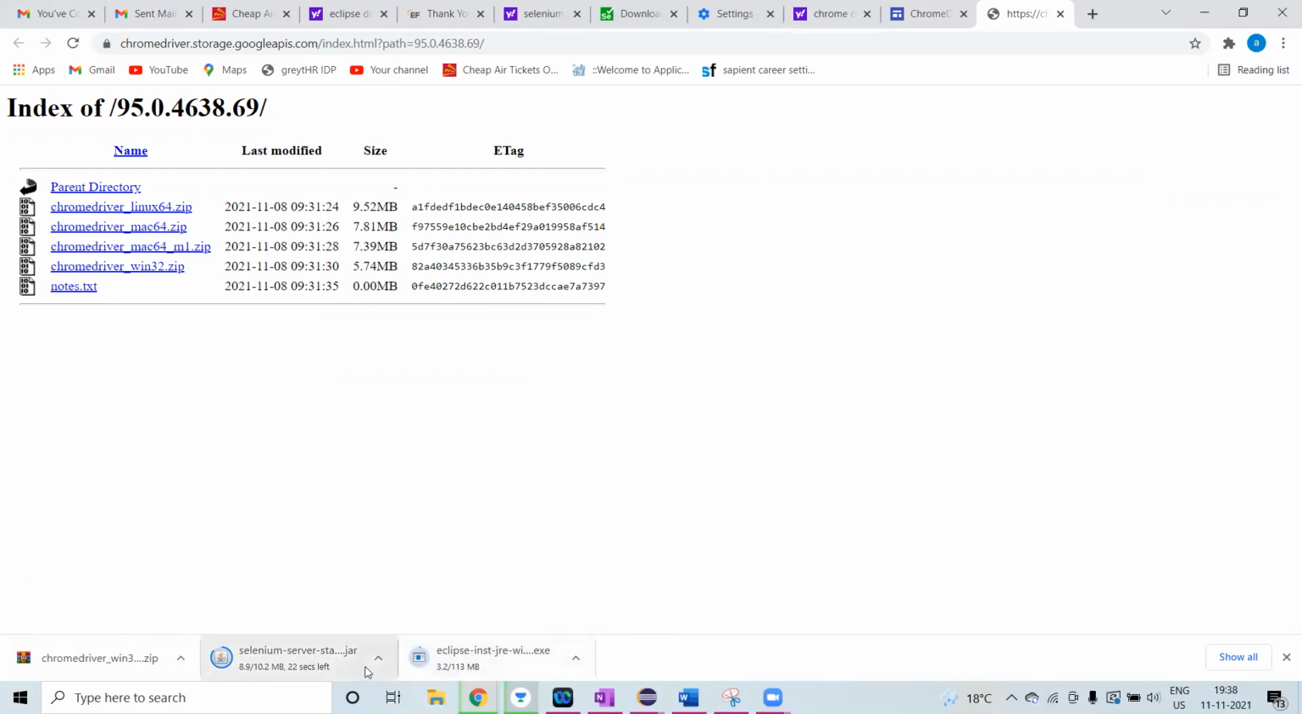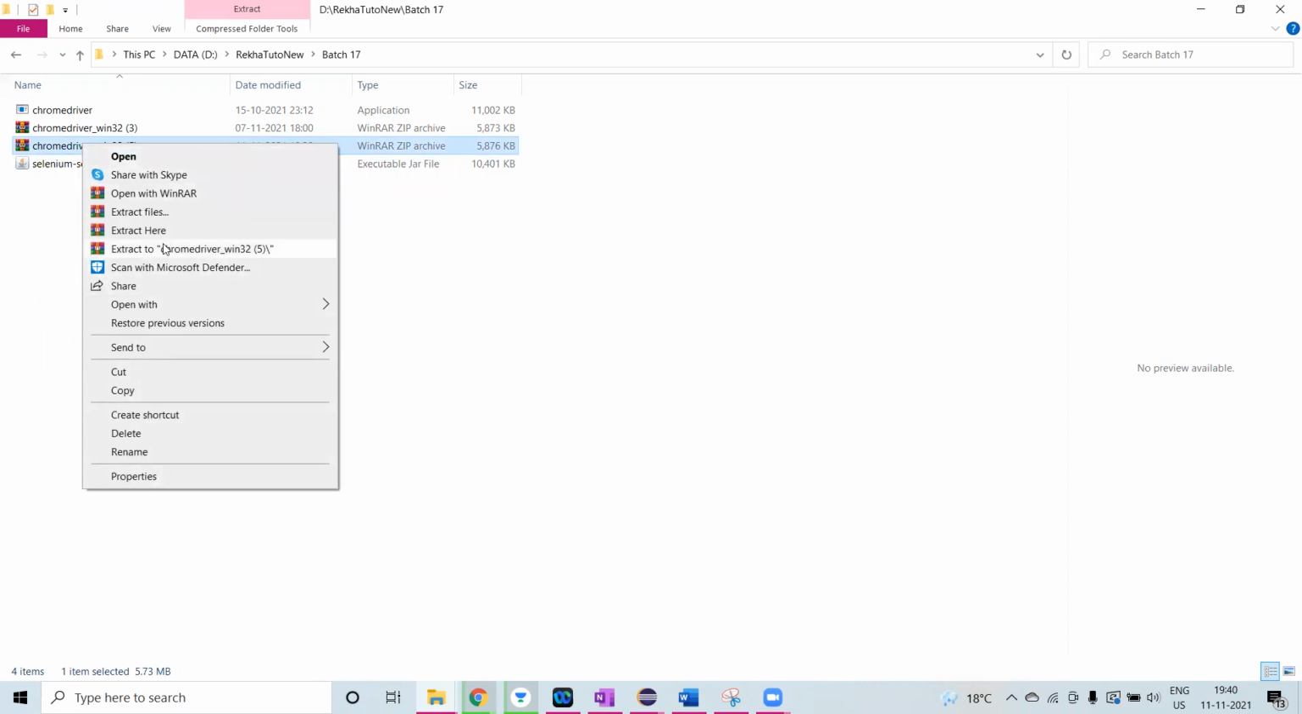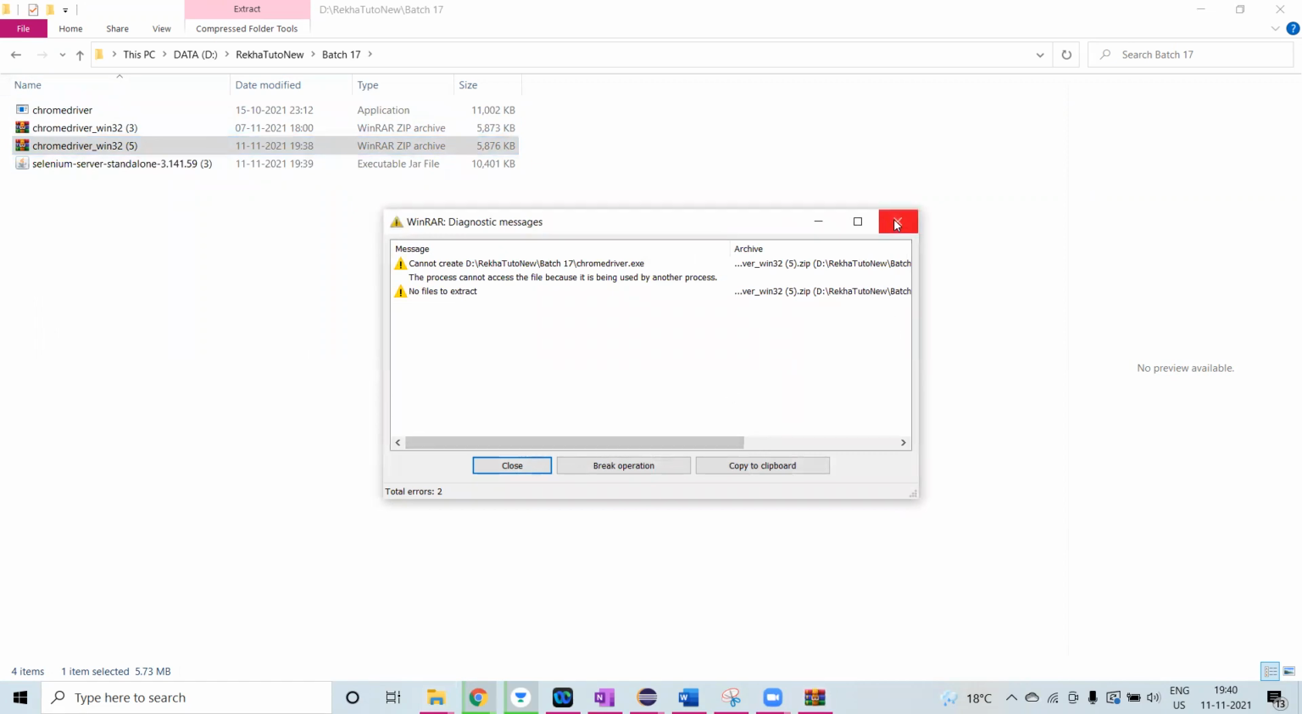This is what the download part is. Now we have three things: Selenium standalone server, Chrome driver, and Eclipse. These are taking time to get downloaded. Now the download is complete and I have my Selenium standalone server, which I've copied and kept in one folder, because I want to keep all the software, whichever I install, in one place so that it will be easy for me to configure. The Chrome driver which I downloaded, I'll just extract here. Once you extract here, I have already extracted. So only here